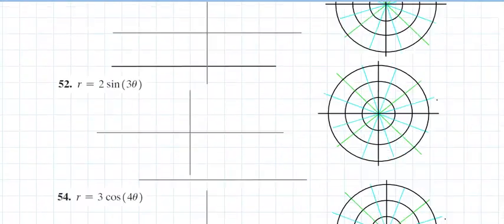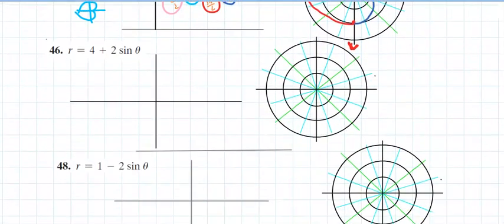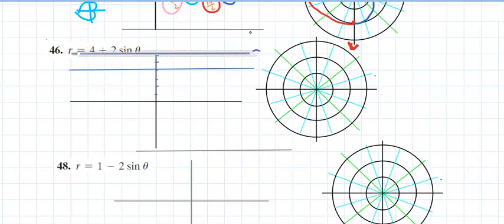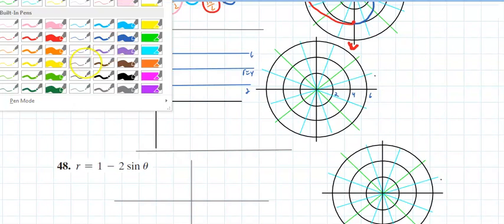I have a few more to go, as you see. I want to do one more before I move on to the last video. R equal 4. Well, we're getting the hang of this hopefully. 1, 2, 3, 4. There's r equal 4. 2 units above and 2 units below. The only problem would be the phase shift here, and there is none. R equal 4, 2 units above is 6, and this is a 2. What I do, I rescale this, 2, 4, 6. Very simple to do. So if I start the graph, if I start with the